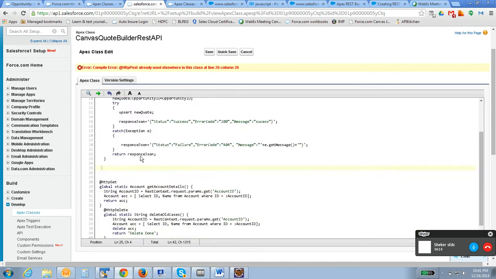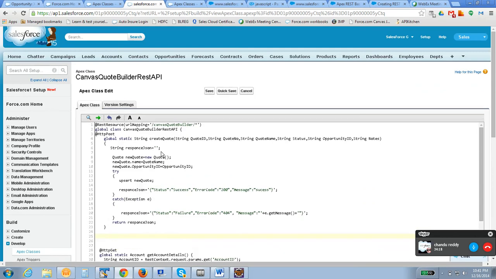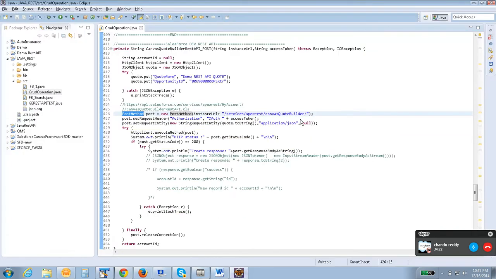So we can call this particular method with the method name also. Let's say create code, right? So let me append the create code over here. Okay, so save the data.